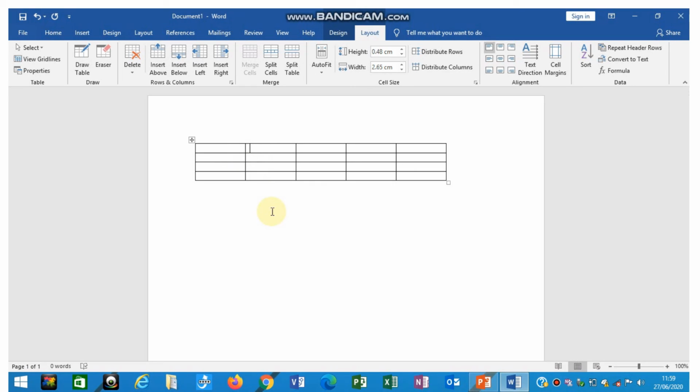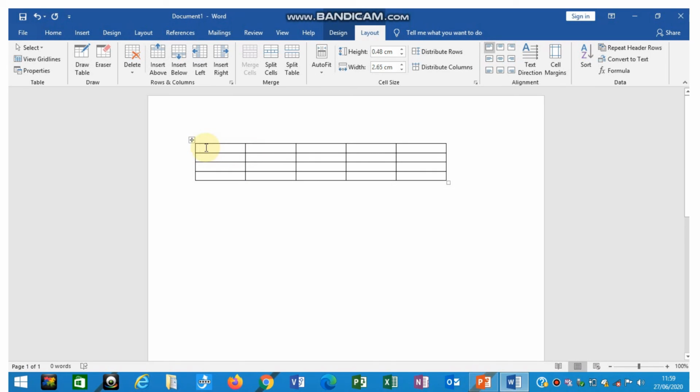Fine. Now we will see, suppose we want to delete the entire table. Now before moving towards deleting the entire table, let us see how to merge the cells. Okay, what is meant by cell? The intersection of the rows and columns is known as a cell. These rectangular boxes are known as cells.